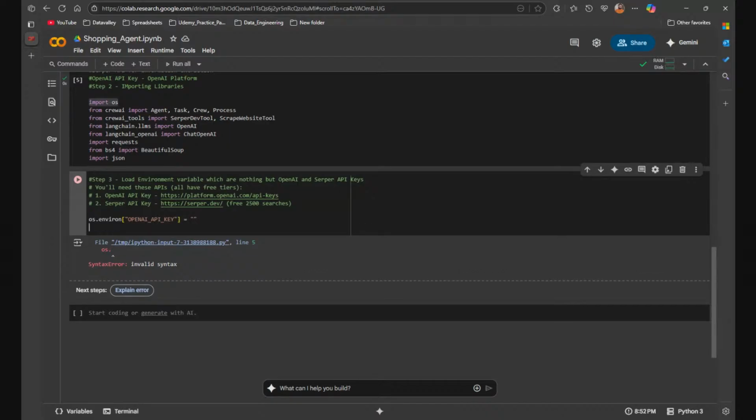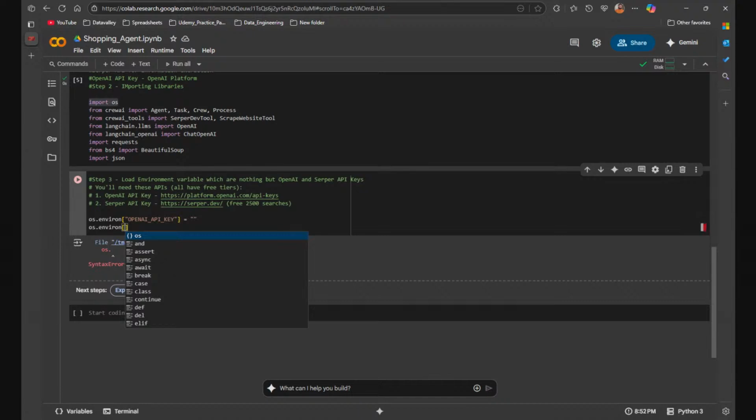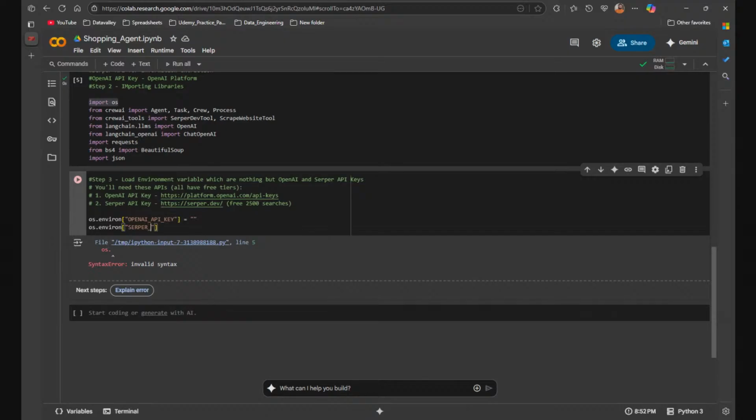I'll get my OpenAI key later. So os dot environment, sorry, this is not the format. os dot environ. So we just indicate the environment variable with environ and the Serper API key. So remember to use all capitals when you give API keys, right? And here we have this